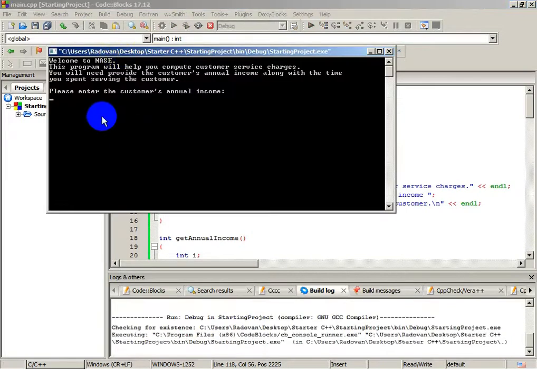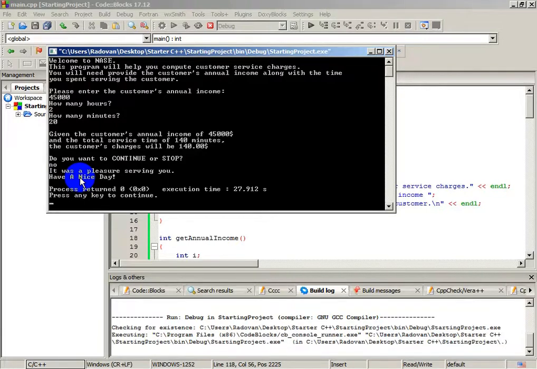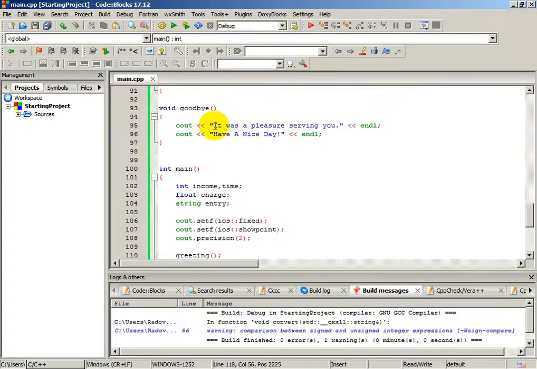Okay, enter customer annual income. Okay, it can be 45,000. How many hours? 2 hours, 20 minutes. As you can see, it's 140 minutes, 120 and 20. The customer charges will be $140. Now continue, stop. I don't know. No. Okay, of course, it will stop the application. It was a pleasure serving you, have a nice day, but I forgot, it needs